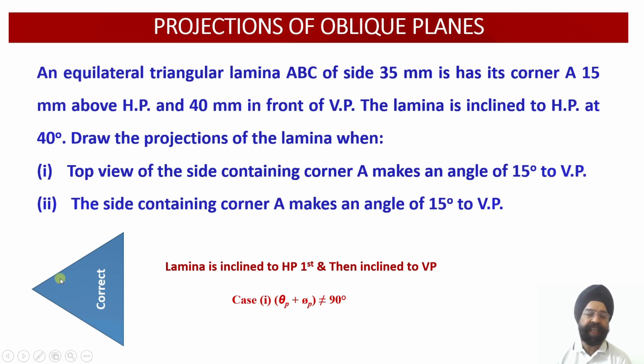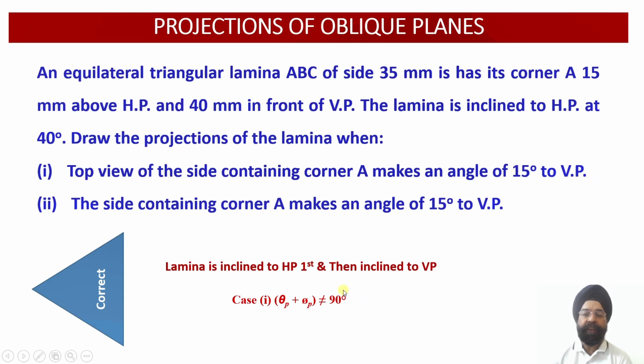That is, these are the two sides which are containing this particular corner. So either of these two edges we can pick up and we can incline in the third view the apparent length of this particular edge or the apparent length of this particular edge at an angle of 15 degree with